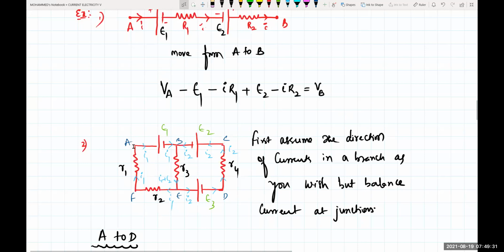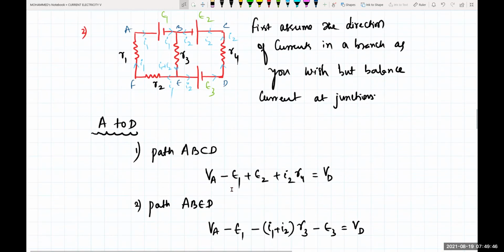So current can very easily come from A to B. B needs to drop I. Again, it can come and go to D. Again, current can directly come from A to B, B to C, and C to D. Again, current can come from A to F, F to E, and E to D. These are only three paths.